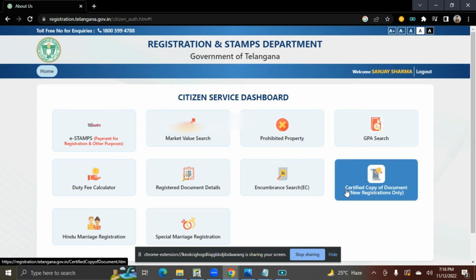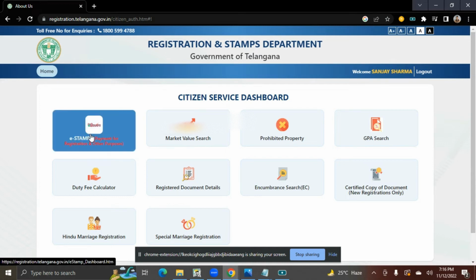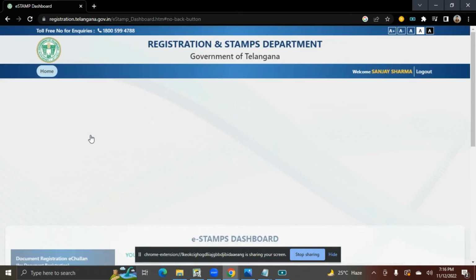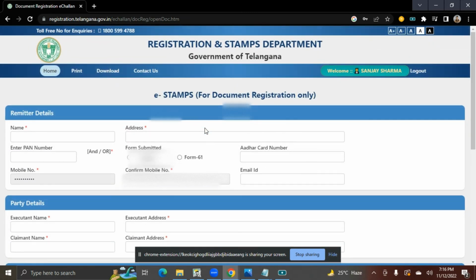Okay, now in order to pay the registration fee, you have to select this option, e-stamps. Okay, the first option on the top left. Okay, that's all. You come to this page, and then you need to select this option, document registration e-challan. So this is just for the document registration, right? You click on this one, and then this will give you a form